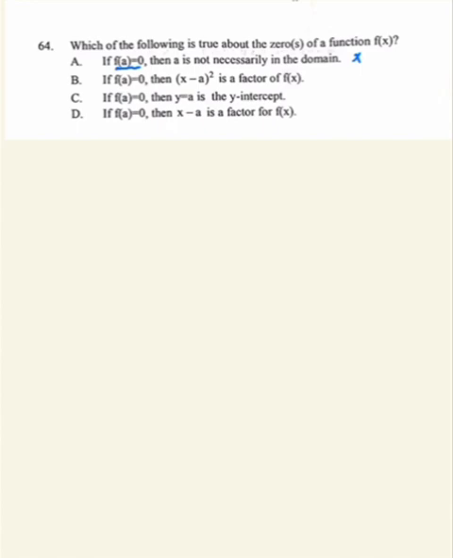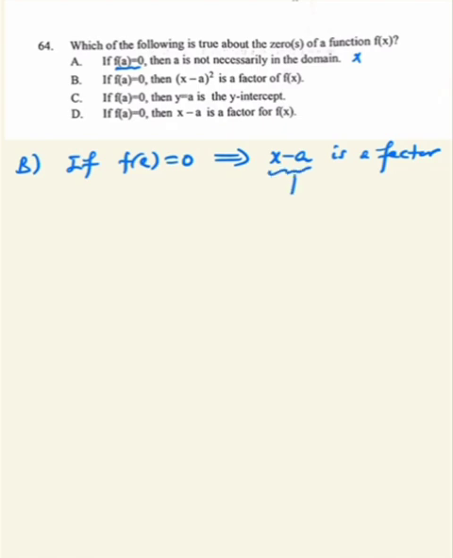ወደ b ስንሄድ if f of a is 0 ከዚህ ምን አንደርስታንድ እናደርጋለን x minus a is a factor okay x minus a the whole square factor ሊሆንም ላይሆንም ይችላል okay እርግጠኛ መሆን የምንችለው ግን x minus a factor መሆኑን ነው okay so this may or may not so b ላይ ያለው ስቴትመንት ሊሆንም ላይሆንም ይችላል